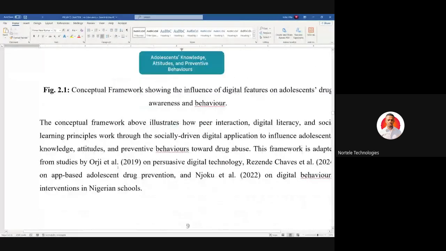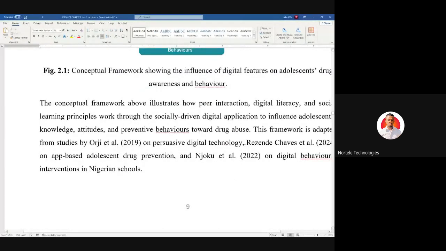If you look at, let's say this, from here now, it's noted that Orji et al. 2019, Chavez 2024, Joko et al. 2022, they have done work like this. They've already done something similar to this work. So all the writer needed to do, or all the student needed to do, is to go back, compare and contrast, and develop